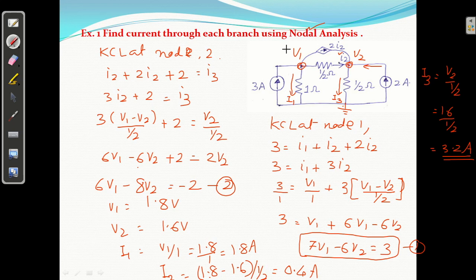In this way you can get all the currents through all branches. So how to do it? First assign the voltage to all nodes except the reference node, then remark the current through each and every branch. Then step number 3: write the KCL at node 1 and KCL at node 2. But since it is a dependent source problem, you have to consider that source also, right?